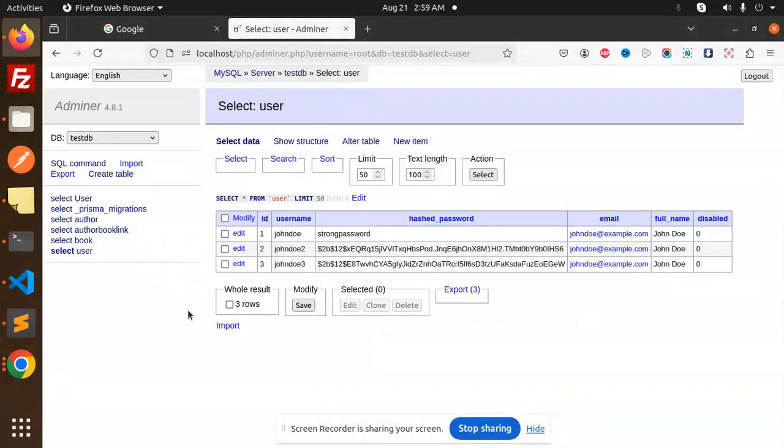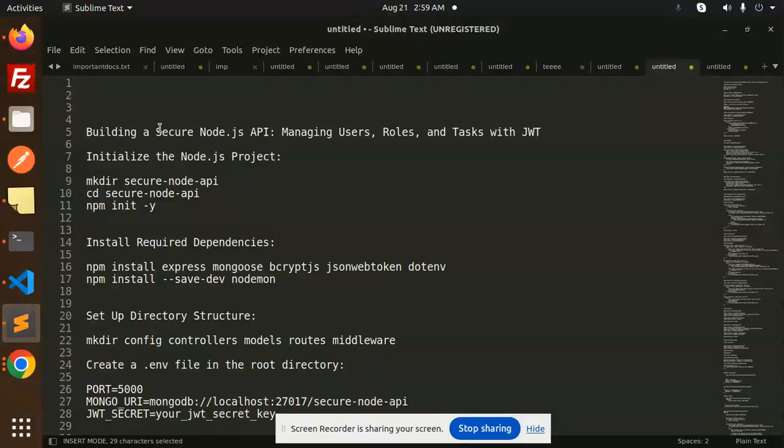Hello friends, welcome back to the new tutorial of Node.js. Today we are going to learn about building a secure Node.js API, managing users, roles and tasks with